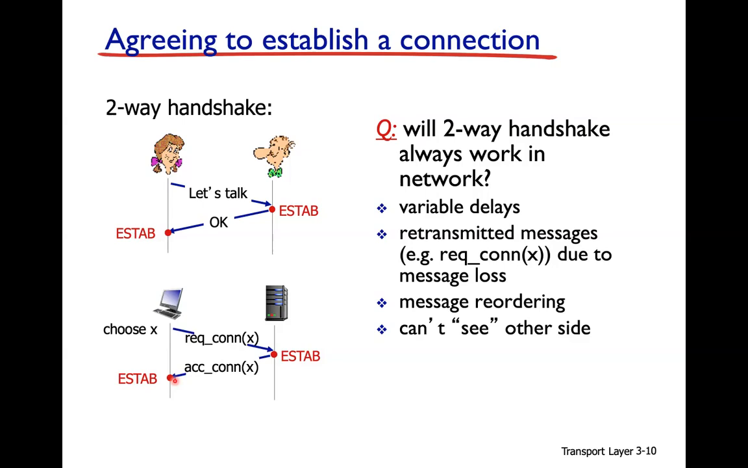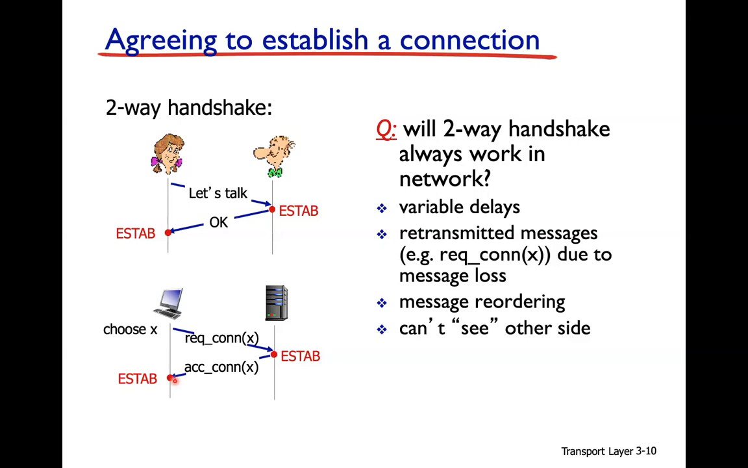But in our network scenario, the message may be reordered. Your delay may be different. You may retransmit the message due to message loss. This message loss you retransmit may actually not be totally lost. It may be reordering. The big problem is that we cannot use a two-way handshake in our TCP connection, because the two sides